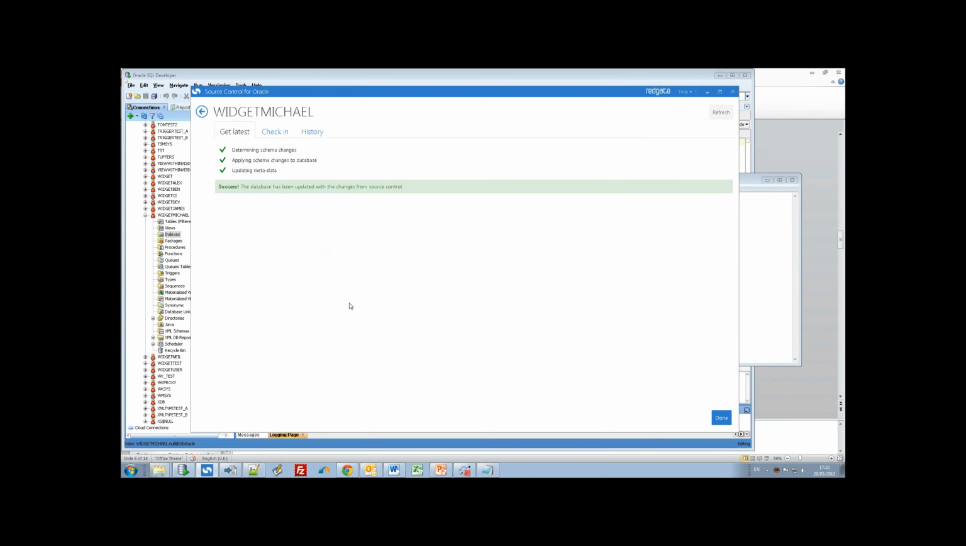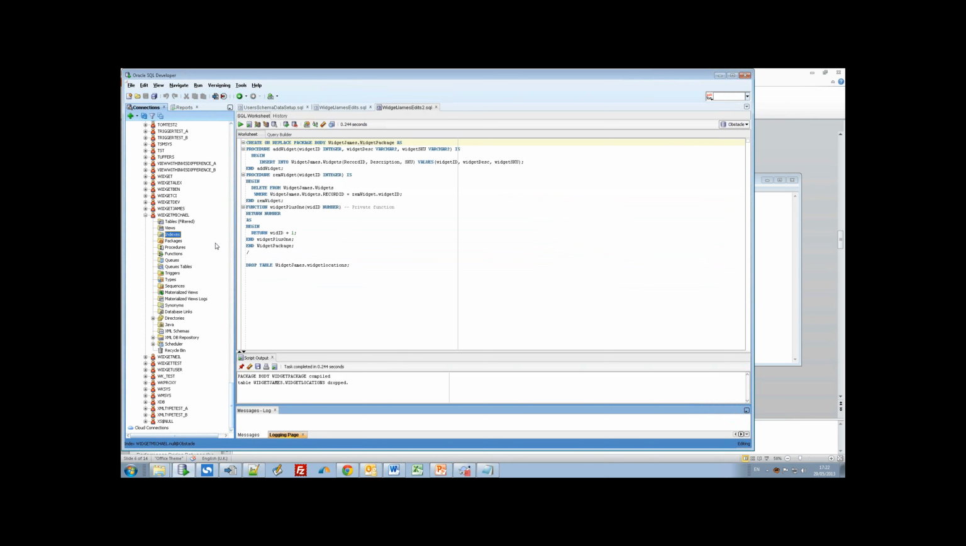These are obviously quite simple examples, but if I now go back to SQL Developer and I refresh any one of these, we can see that we've now got all of these objects. The important thing is we've populated this schema with the latest objects from source control, and any changes that I now check in from my own project